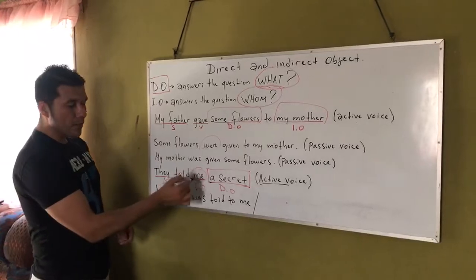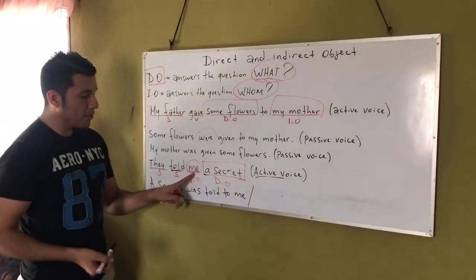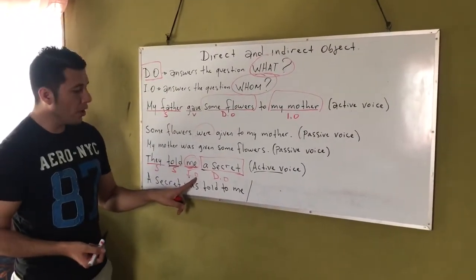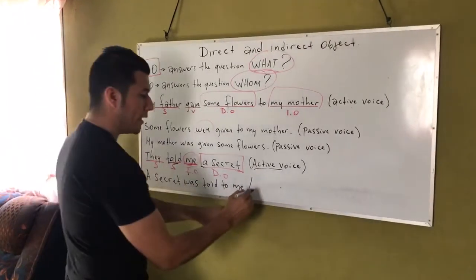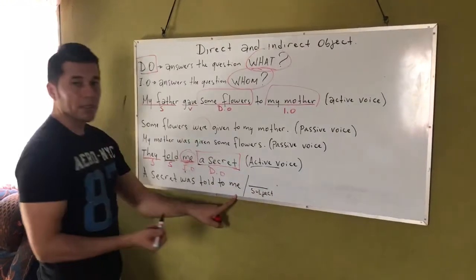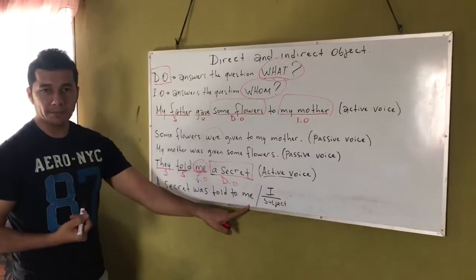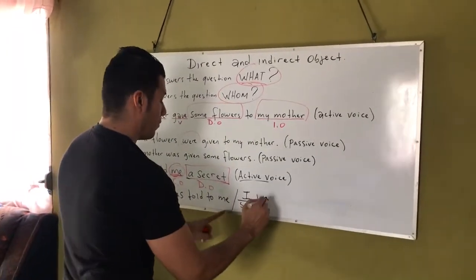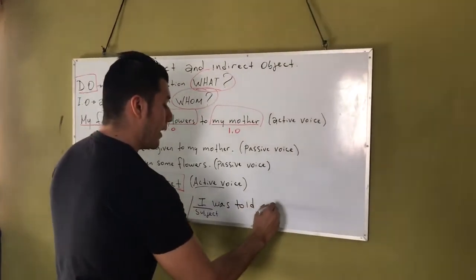Now I need to use me in the sentence. Remember, right here I'm using me because this is an object, right? So I'm not going to use me right here because right here I need a subject. So in this case I have to use I, and then the verb be. I was told a